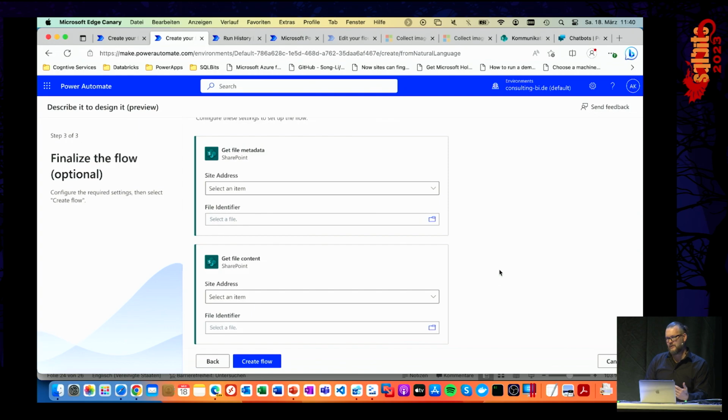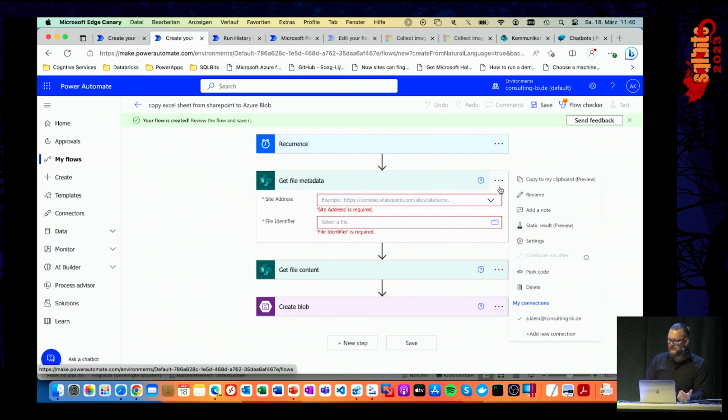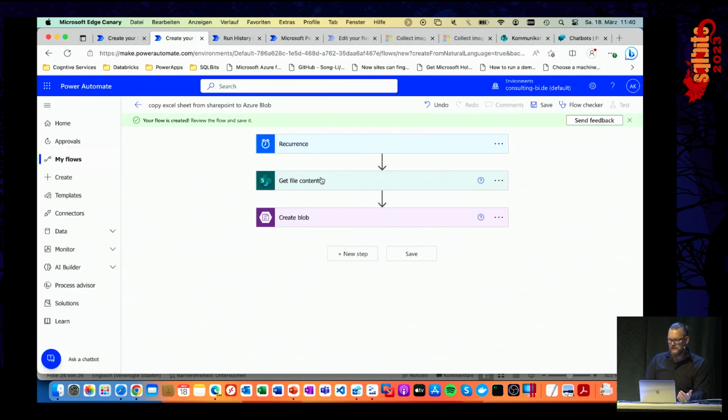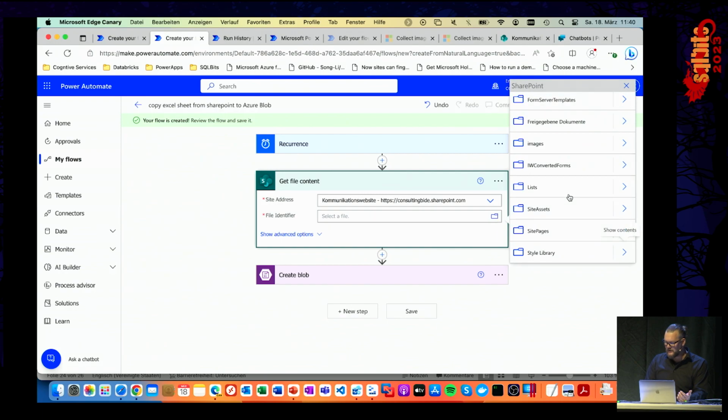Here you can also add some information, but you can say, okay, I want to create the flow. And in the flow, you see, okay, I have my trigger. Then I also need the information, okay, where's the connection to my SharePoint, what file I'm looking for. But it has 2 steps here. I don't want to get the metadata from the SharePoint. Delete. Yes, I want to delete. I'm only interested, okay, I choose my connection to my SharePoint. I choose my file. My files are in my